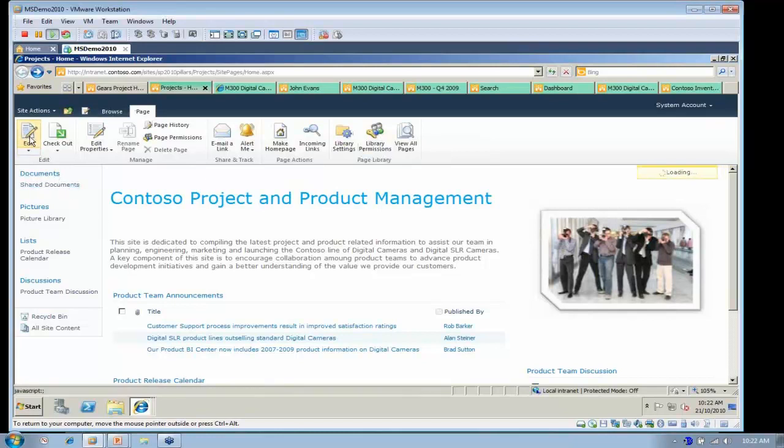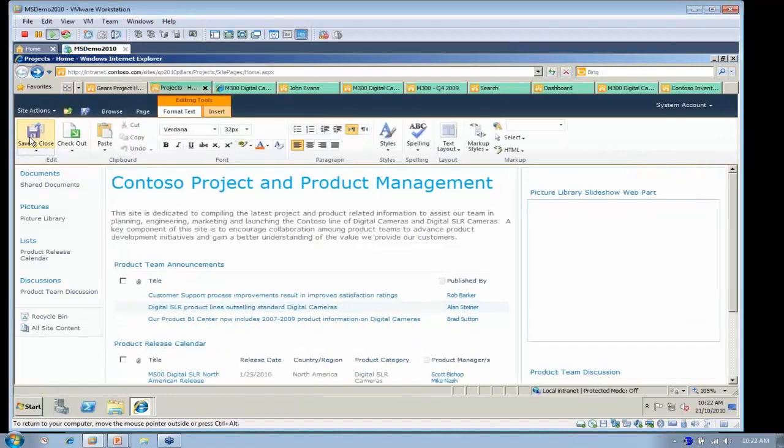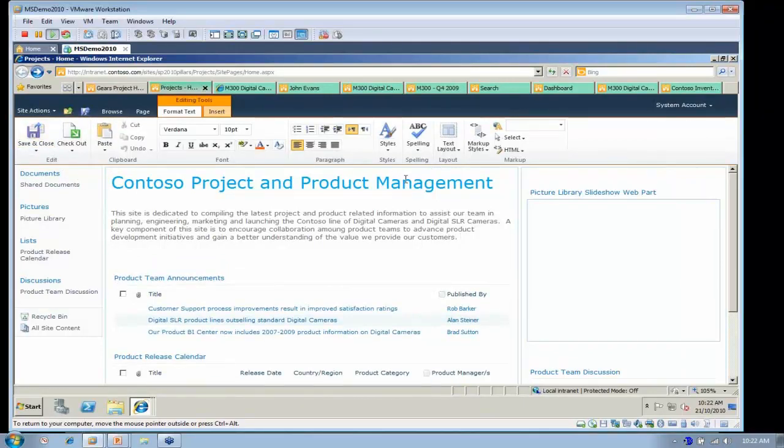If I select Edit, I'll actually go into the edit mode, and this opens up a fully dynamic, almost like a Word type interface inside the browser. You can see that the ribbon here has changed to give me page editing abilities. And say, for example, I wanted to make an announcement to everyone in my project site to please read,